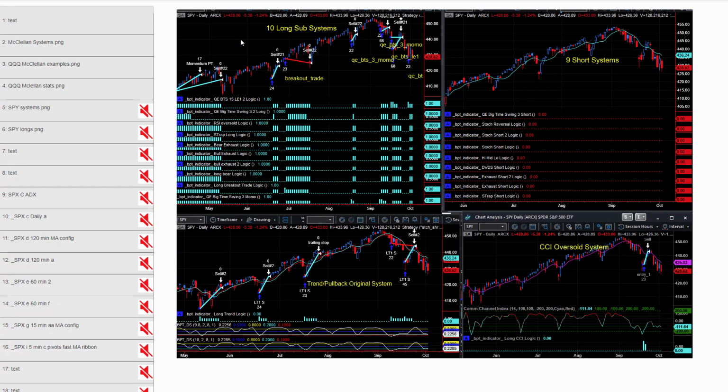Next, moving to the SPY systems. I will be doing a separate video eventually on these systems. But those of you longer term members of Breakpoint Trades, we've had these SPY systems for quite a long time. We have 22 individual subsystems for the S&P. We have 10 long systems on this chart. We have 9 of the short systems here. We have various individual systems on their own charts. Anyway, with today's sell-off, there were no new trades on these. I had sent out an email about that.